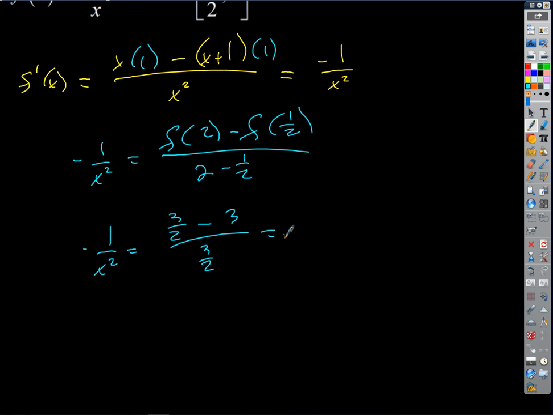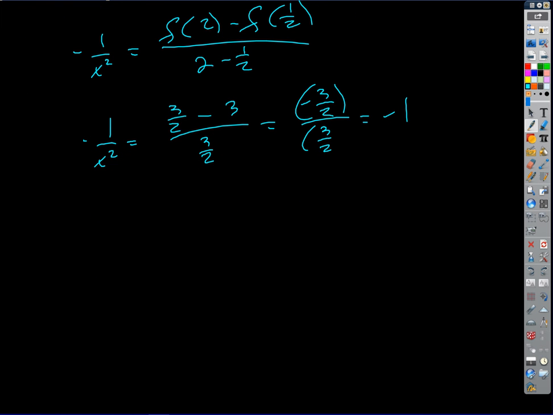Okay, so what's that going to give us then? On the top, we're going to get 3/2 minus 6/2, divided by 3/2. That's -1. Okay, so we're just looking for the places where